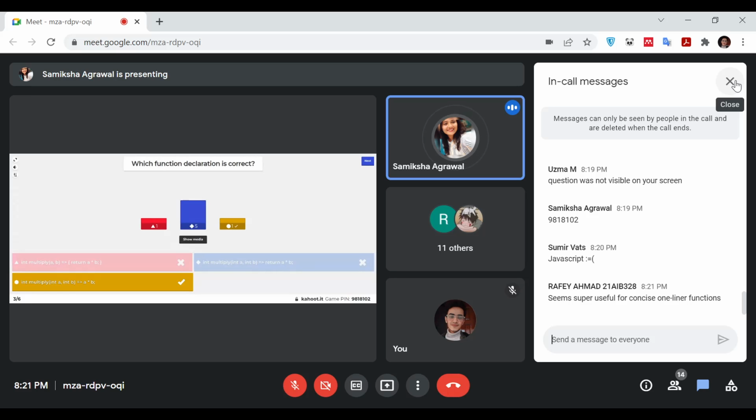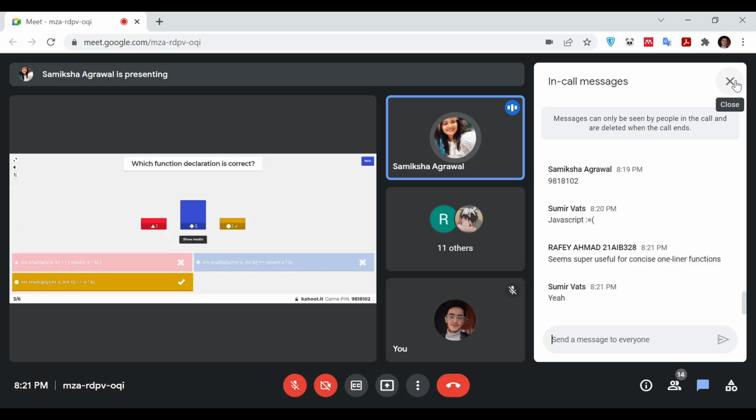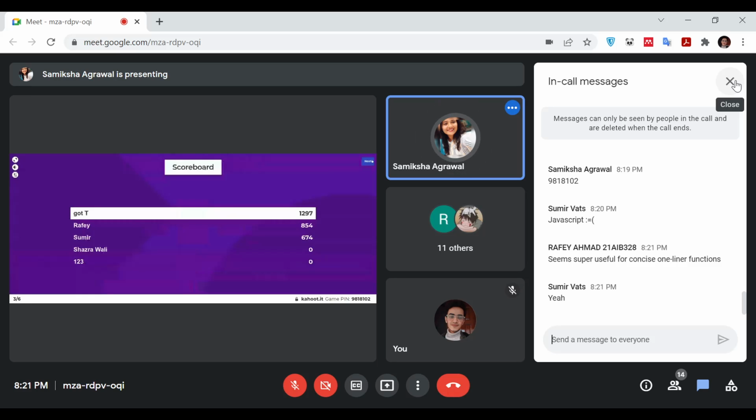Yeah, definitely. To condense the code into one line, we use arrow functions. So the scoreboard is as you can see. Now the next question is,